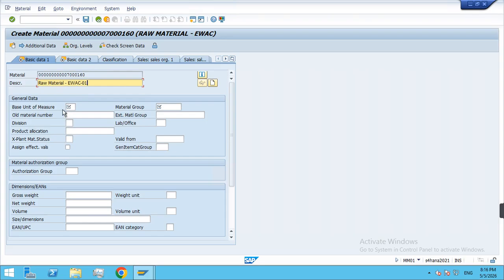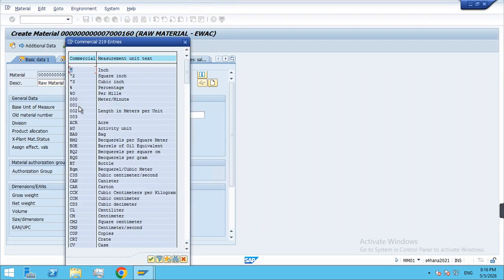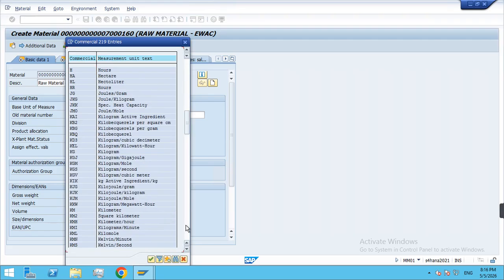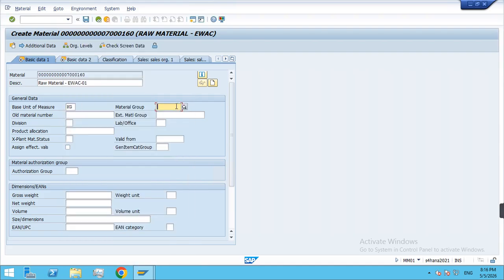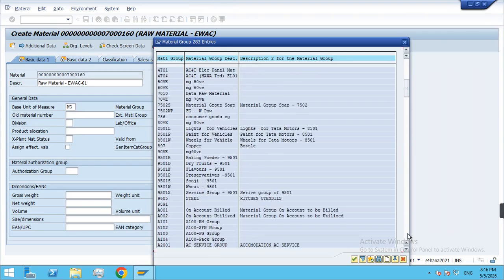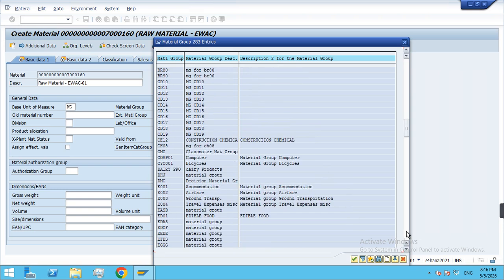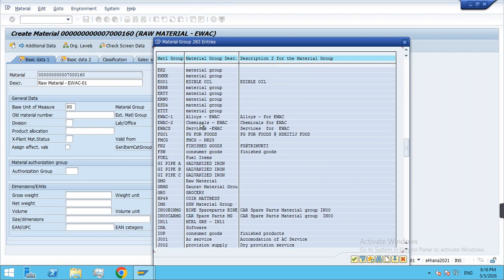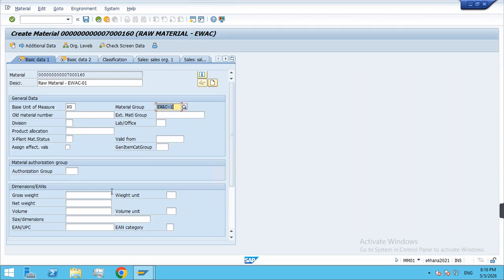Okay, second, you need to add the basic unit of measure. What will be the basic unit of measure? So in this case I'm taking kg, raw material, kg, okay, kilogram. You can see here kg, kilogram. Material group, this has to be configured previously, and here you will have to select the appropriate material group. It will be with EWAC. If you come down, you'll be able to see alloys. Okay, if you want to give it, you can give it, but the